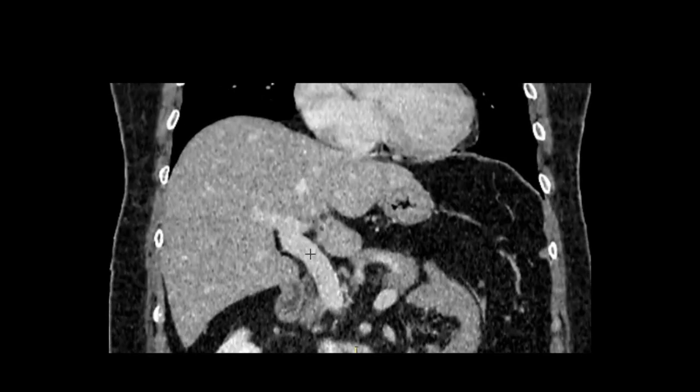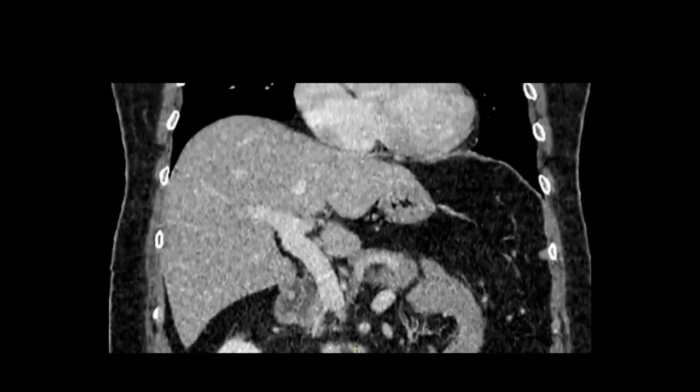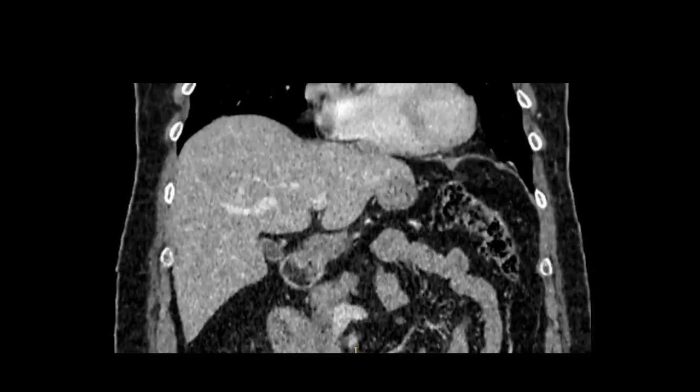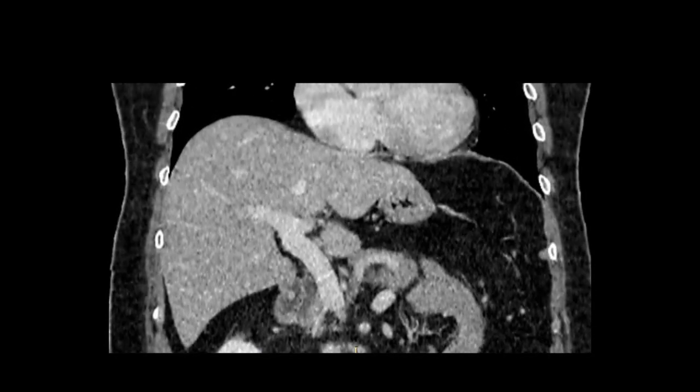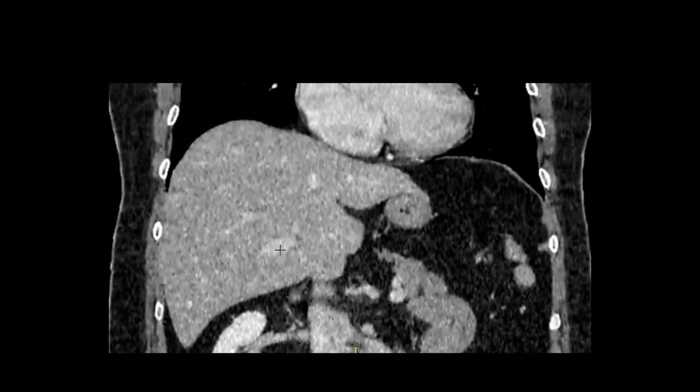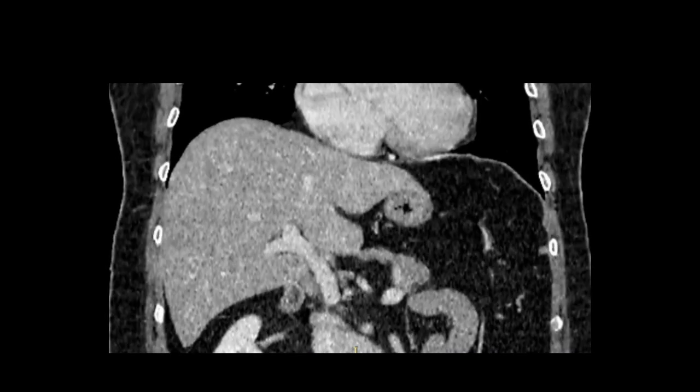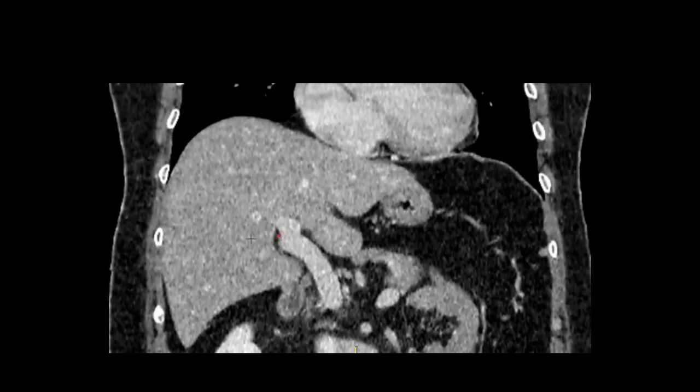So as you know, this is the portal vein. Now you will see where the portal vein bifurcates on the right side. This is the right anterior, and as you go behind, this is the right posterior. Between right anterior and posterior is your portal plane. So essentially this is your portal plane on the right side.